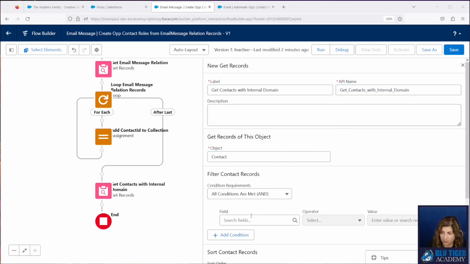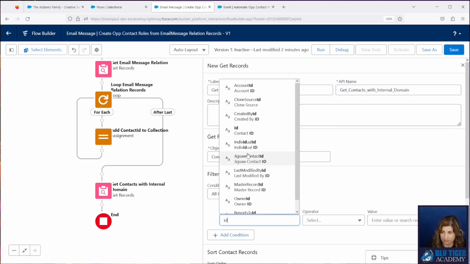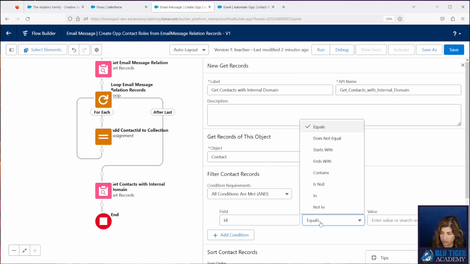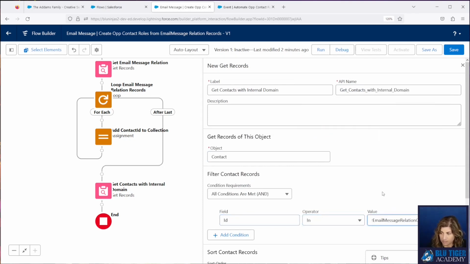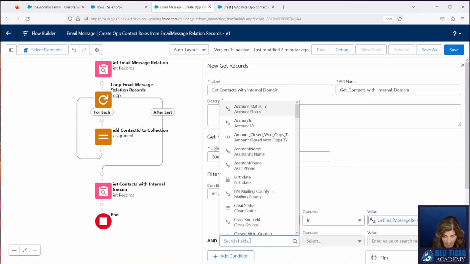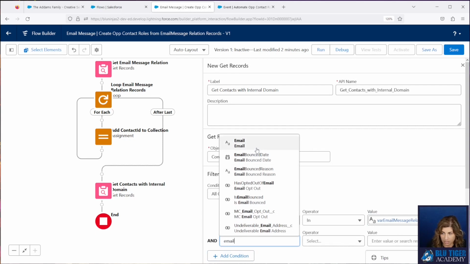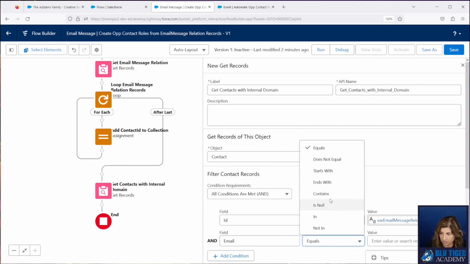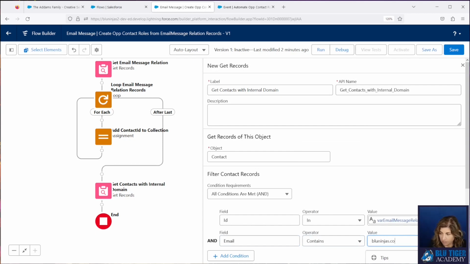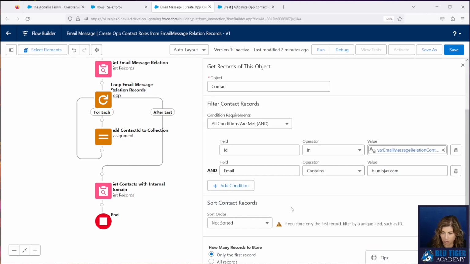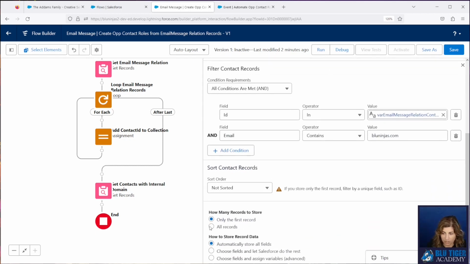All right, so our ID is going to be in our email message relation collection variable, and the email contains, and this is where you put your internal domain. So we'll put Blue Ninjas there. If you have multiple domains, you can just add your ORs. And then we want to get all the records.